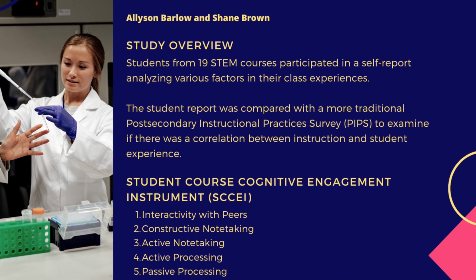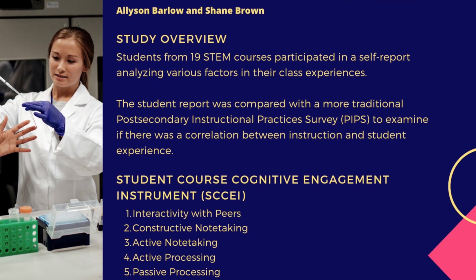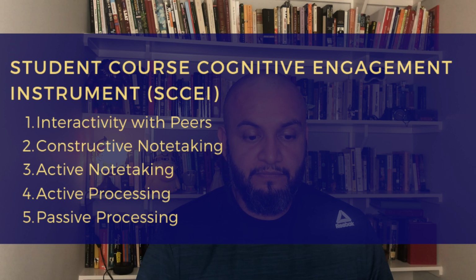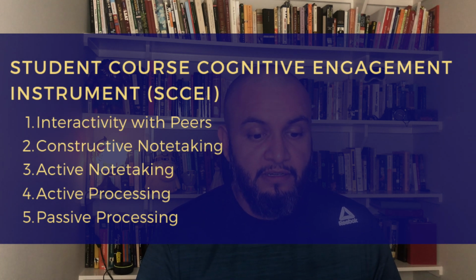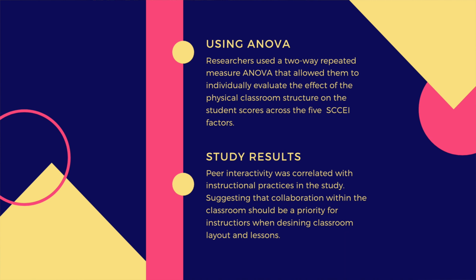Now, the students were given a student course cognitive engagement instrument test, or SCCEI. This measured 5 different factors within the class. 1, the interactivity with peers. 2, constructive note-taking. 3, active note-taking. 4, active processing. And finally, passive processing. The researchers used a 2-way repeated measure Anova that allowed them to individually evaluate the effects